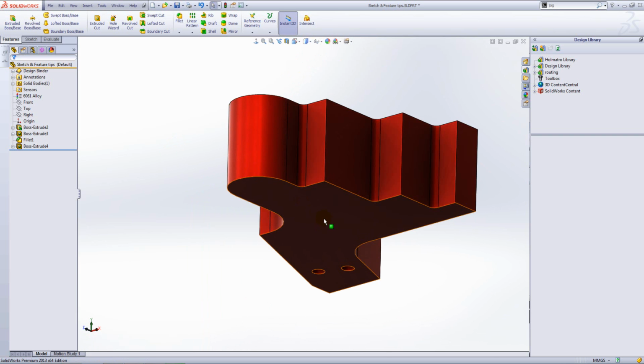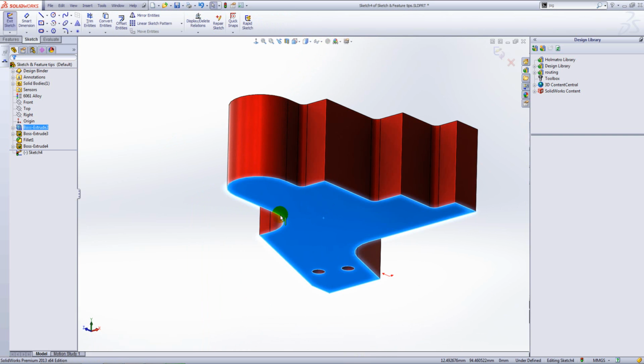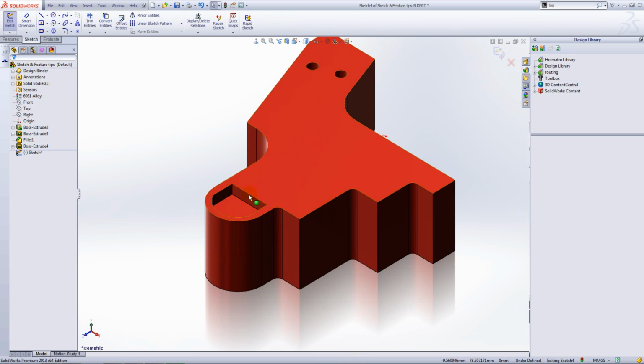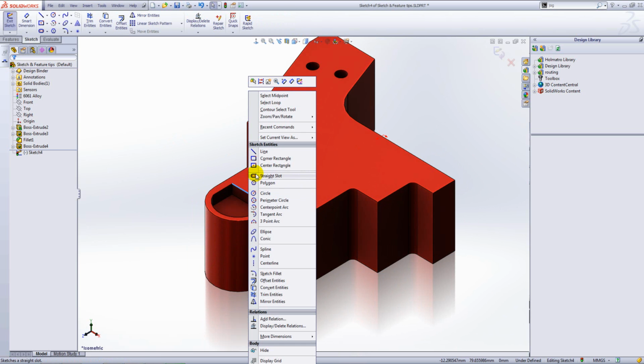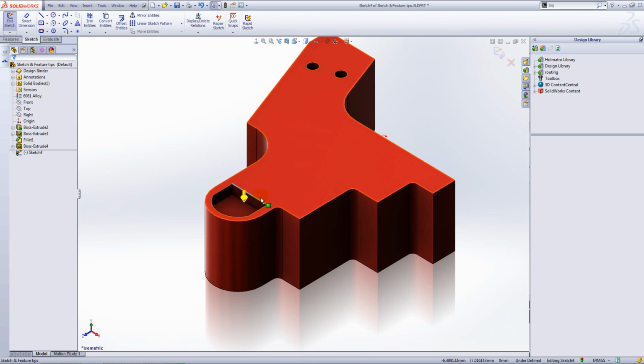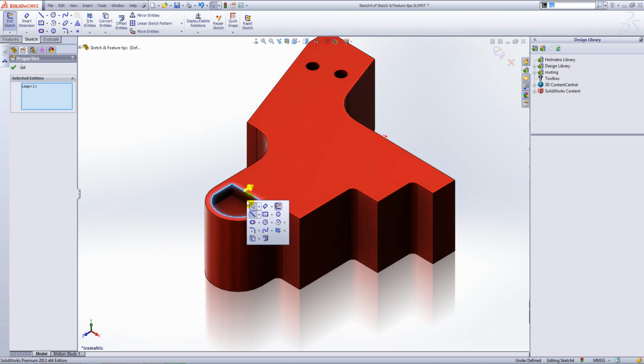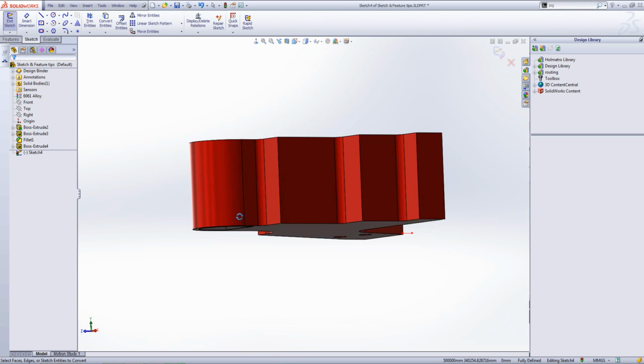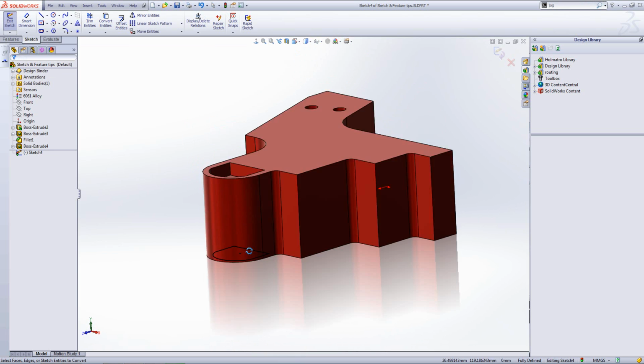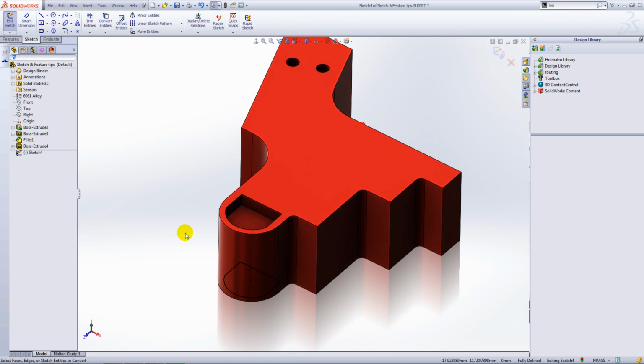So the way we're going to do that is just open up the sketch here, and we can right click on the edge of the cut, select the loop, choose the appropriate loop, and then just convert that onto the sketch plane like so. If we just undo that,